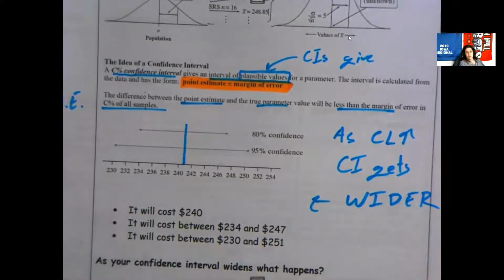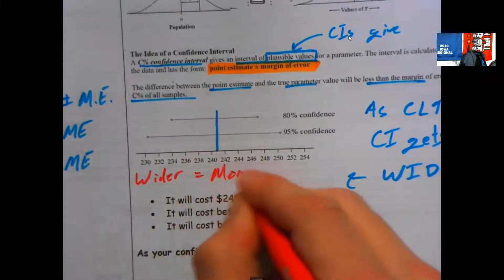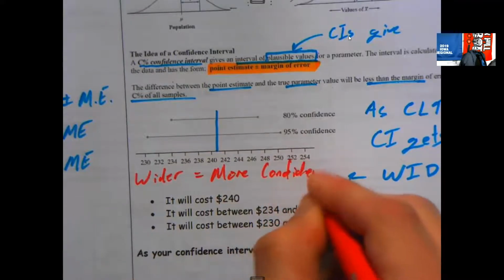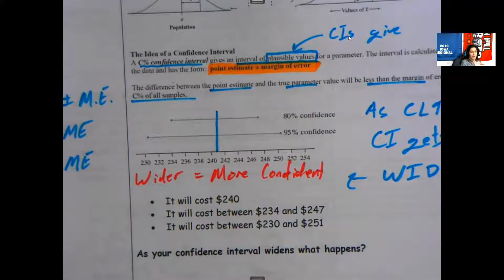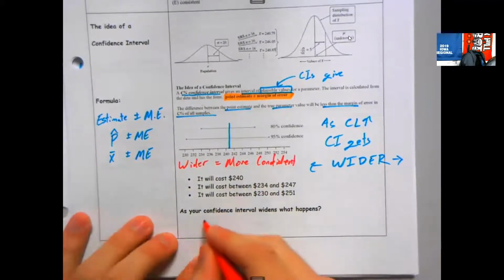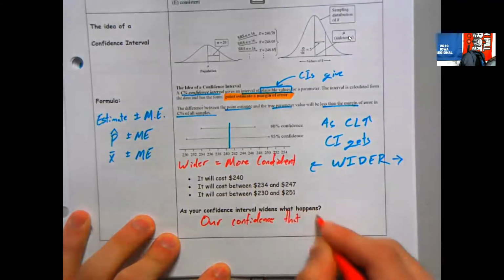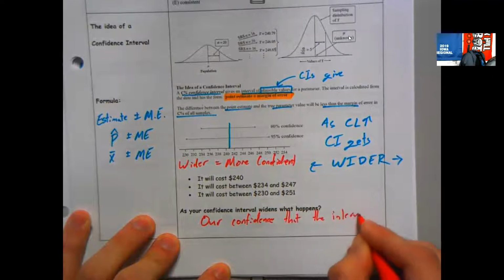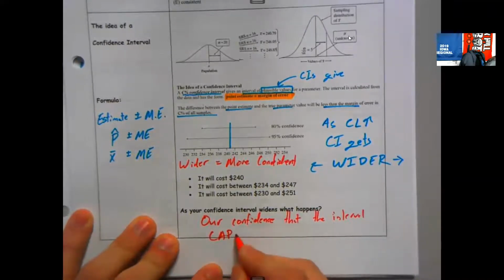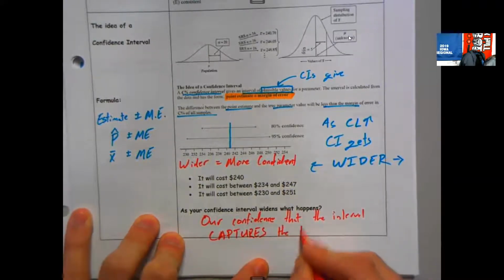If we're more confident, we're going to cast a wider net. If we're casting a wider net, we are more confident. Write that down. Wider interval equals more confident. More confident in what? More confident that this interval is going to capture the truth. As the confidence interval gets wider, what happens? Our confidence that the interval captures the truth, and I'd like you to write that in all caps, underline it, highlight it,